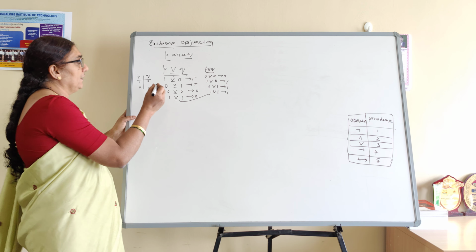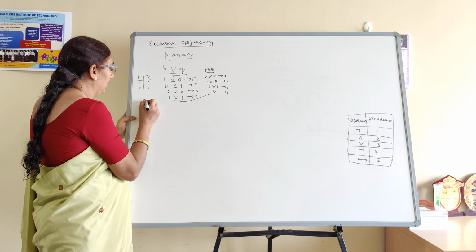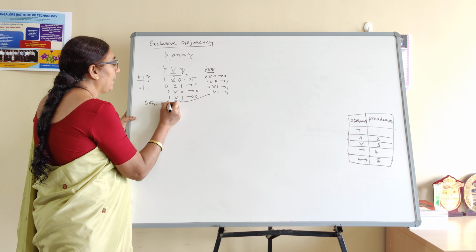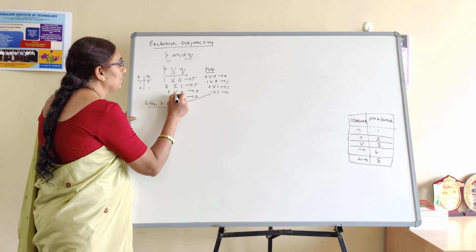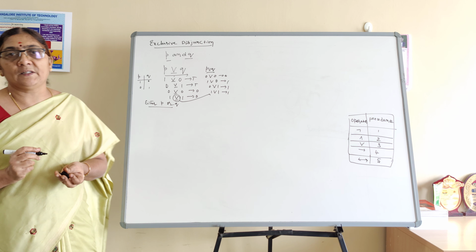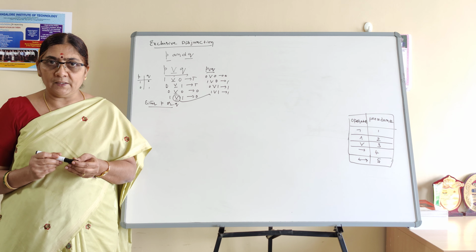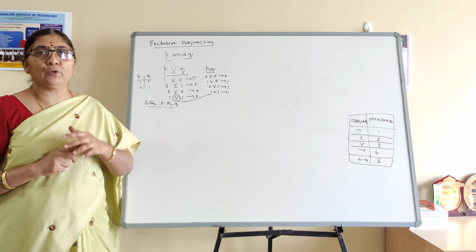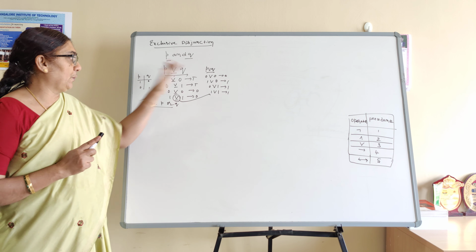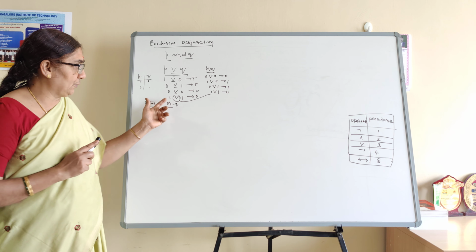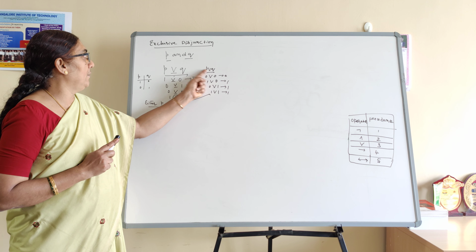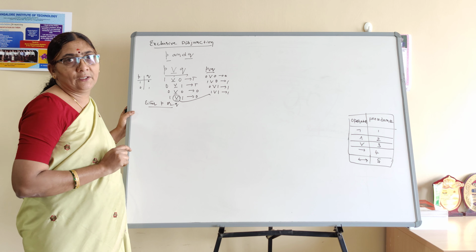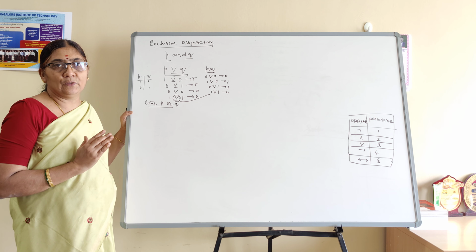Where are we going to use the exclusive? Whenever the statement starts with either P or Q, then we use the notation of exclusive disjunction. Exclusive disjunction is true in two cases and false in two cases. When both are false or both are true, it is false. The rest of the cases are true. But for P disjunction Q, it is false only when both are false. This is the difference between disjunction and exclusive disjunction.